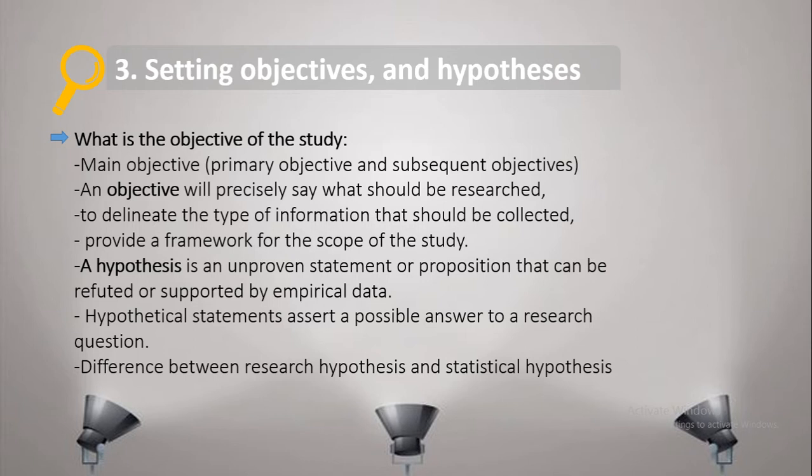The hypotheses are of two kinds. One is a research hypothesis and the other is a statistical hypothesis. The research hypothesis is a statement about your study, what your study assumed and what are the things on which you are relying, while a statistical hypothesis is a statement about the population parameter. This is purely a statistical term, while the research hypothesis is a general term used in research.